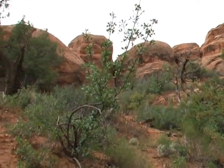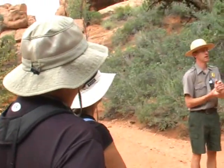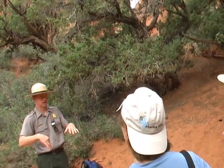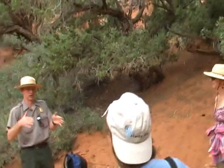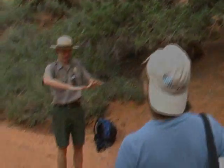Yeah, we actually had some flooding in the park. It was pretty neat. Some of you guys have been up to Delicate Arch already, right? That lower section of bridge, the wooden one, actually washed out last year. So it's a new section of bridge. The channel changed course last year. And the top part of that bridge was under